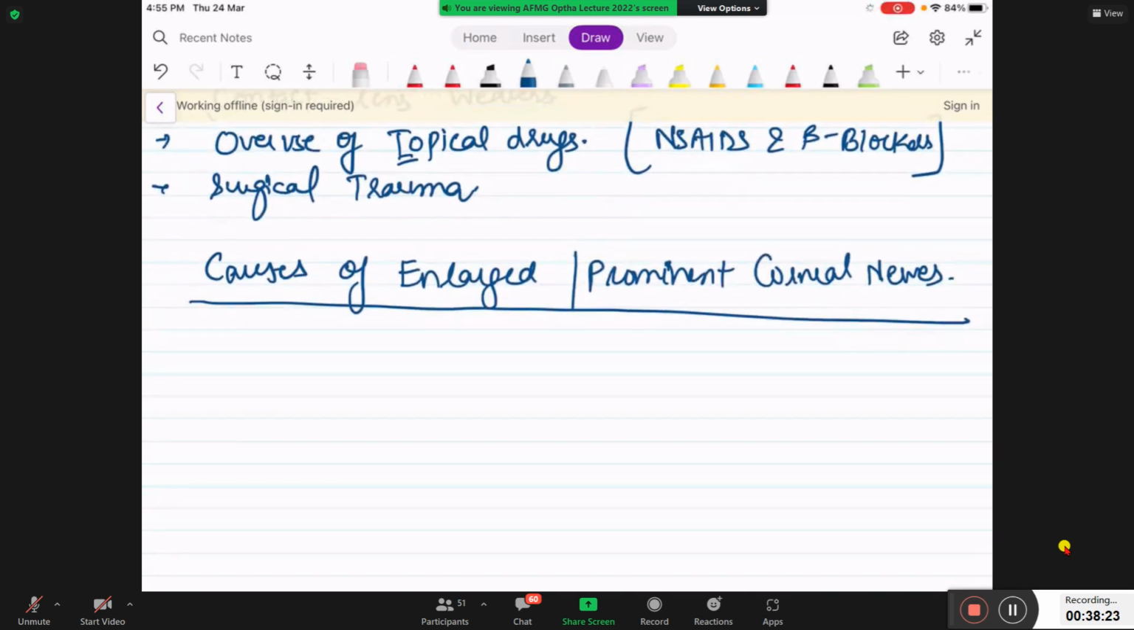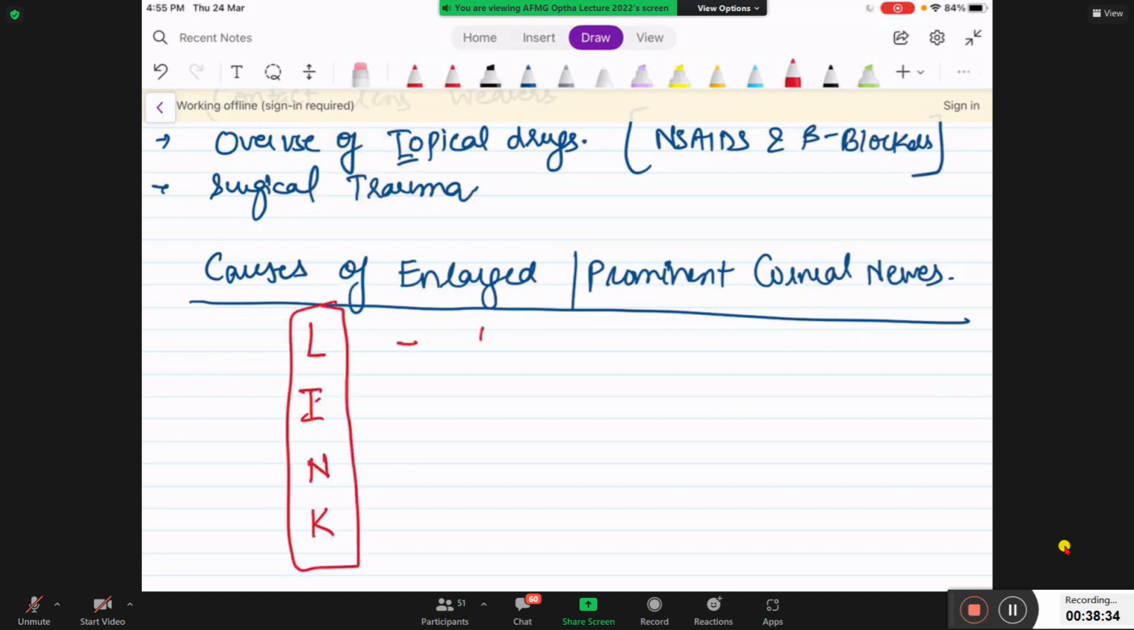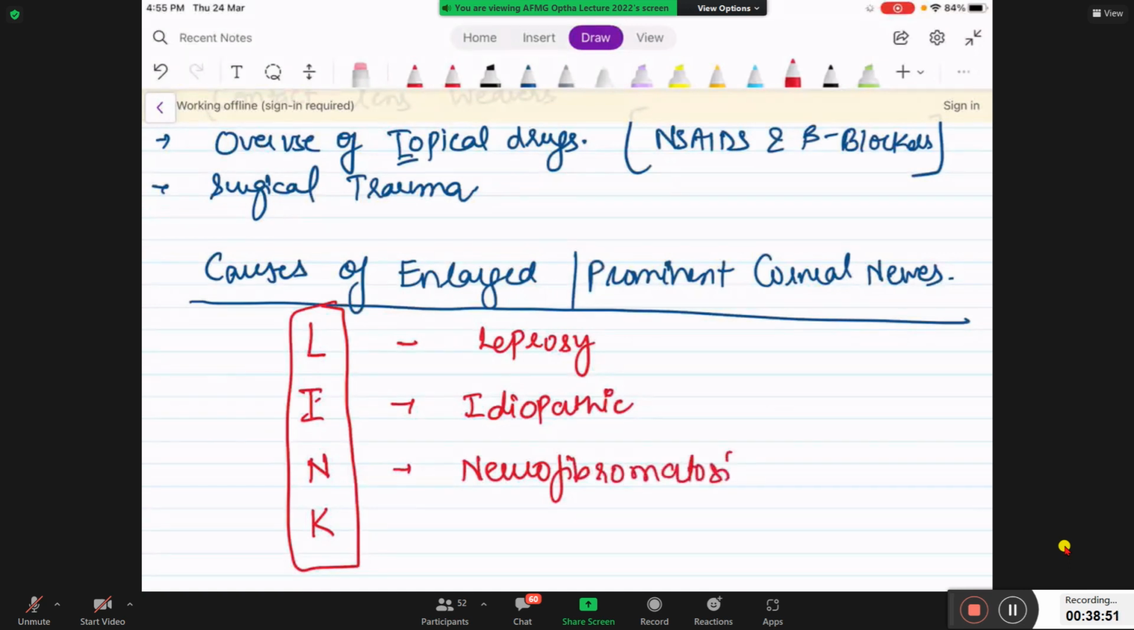To remember the causes, write down the mnemonic: LINK. The mnemonic for enlarged corneal nerve is LINK, where L stands for leprosy, I for idiopathic, N stands for neurofibromatosis. Neurofibromatosis. K stands for